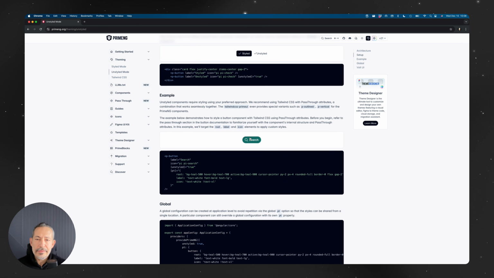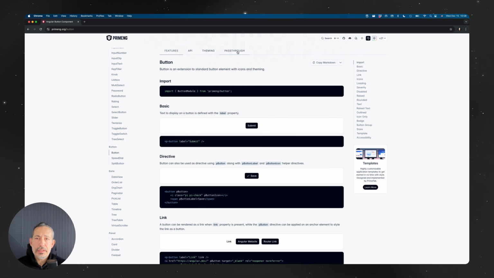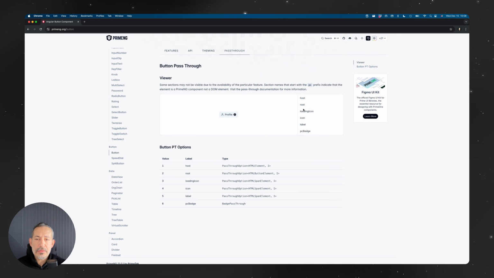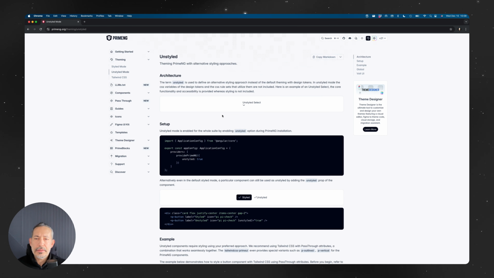And here we have a sample I created. This is a Tailwind based button. So pass-through attributes gives you access to the DOM elements like root, label, icon. And we also have, in this case, a pass-through viewer. Here you can see which DOM elements the component consists of, right? So in this case, they're all typed so that you can get some IntelliSense support as well. So you can pass